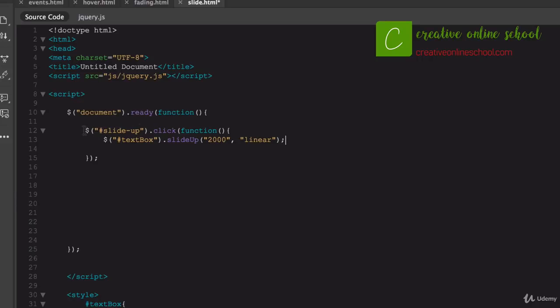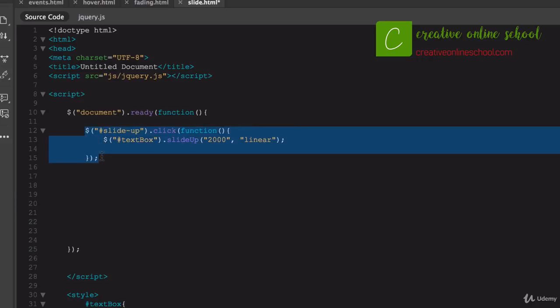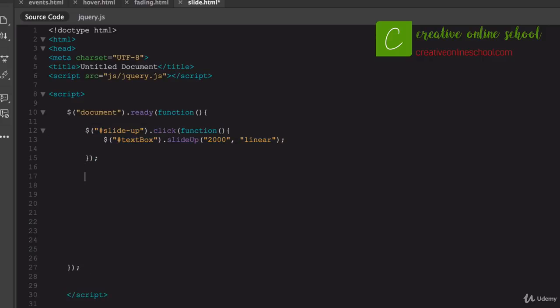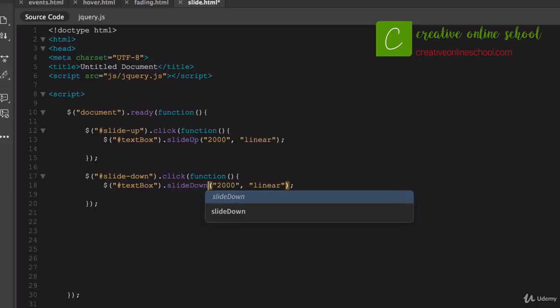All right, so now we have to do basically the same thing to make it slide back down. You don't want your text to slide up and then just disappear forever. So I'm going to create another button that will give the ID of slide down. And same thing here, we're going to add a click, on click, and give it a function, and we're going to target the text box. And in this case, we're just going to say slide down, and we can give it the same duration right there, or we could say